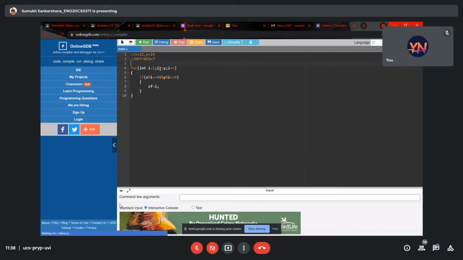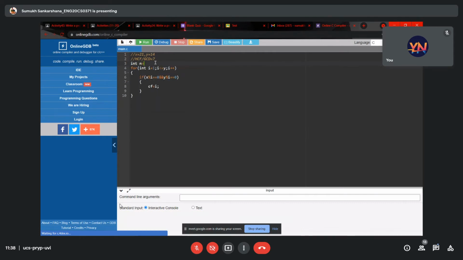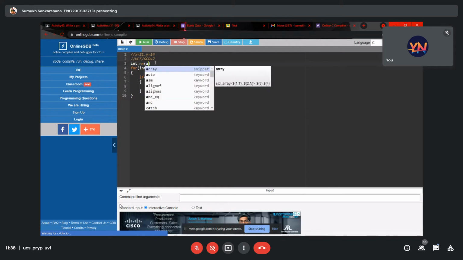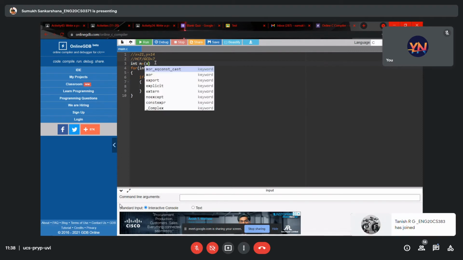To find which number is smaller or which number is greater, what do you use here? An if and else statement, right? So for now I'll be using a ternary operator because it's short and faster. So let me just say int n is equal to, if x is greater than y,